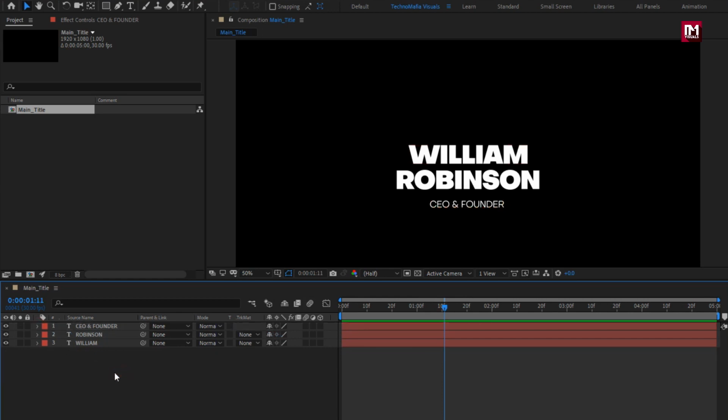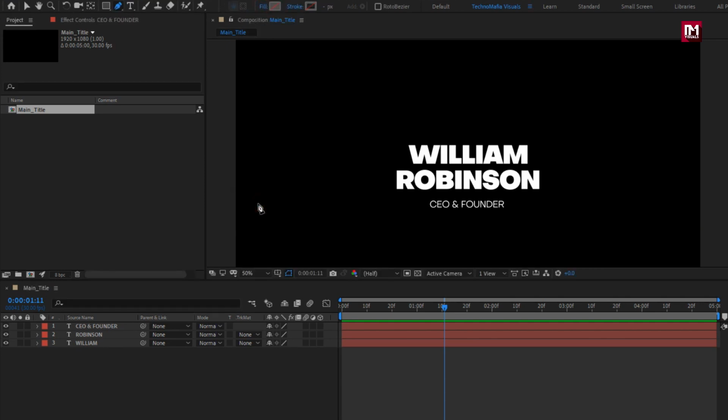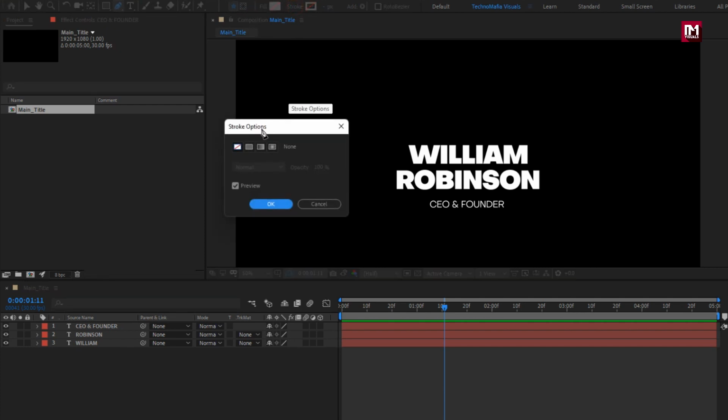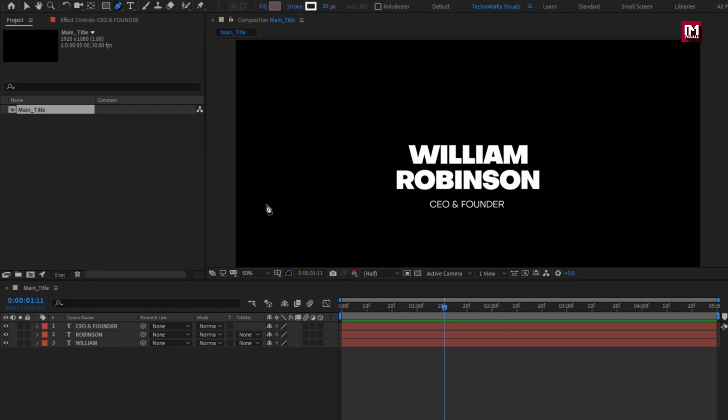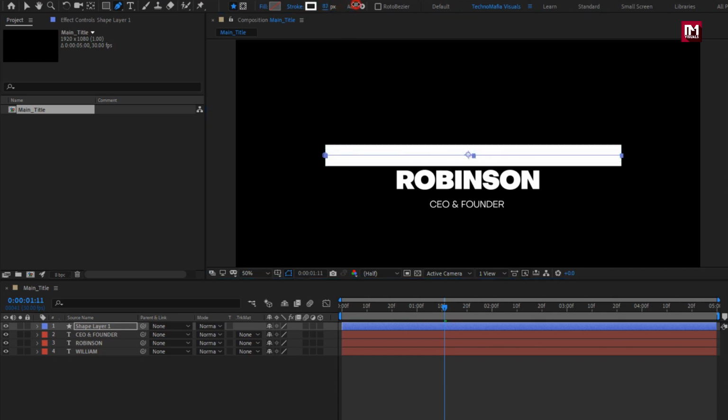Now make sure you have not selected any text layer. Now select the pen tool, in Fill option, make sure Fill is set to None. In Stroke option, set Stroke Color to Solid Color. Now you need to create the line as shown. Perfect. Here you can increase the stroke value, set the stroke value in such a way that it hides the